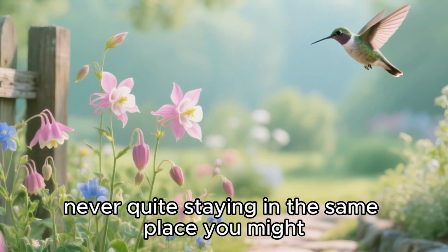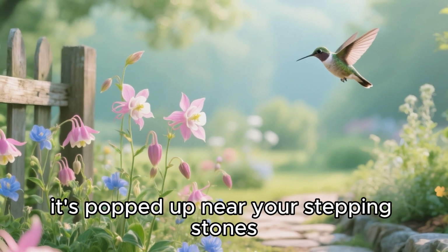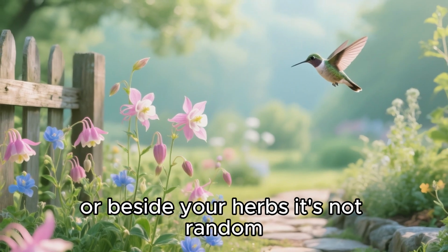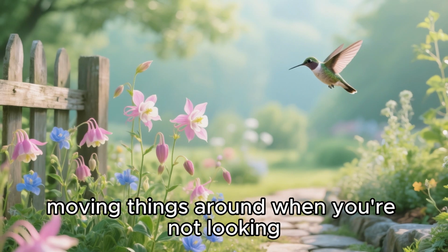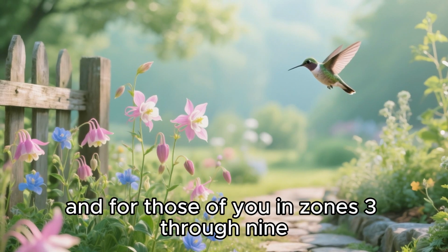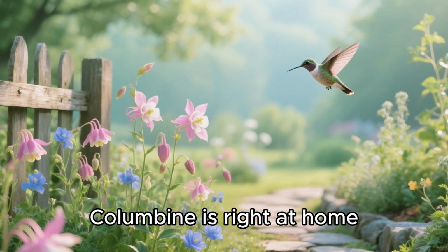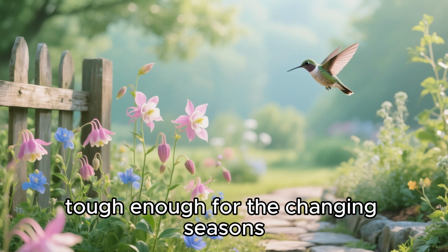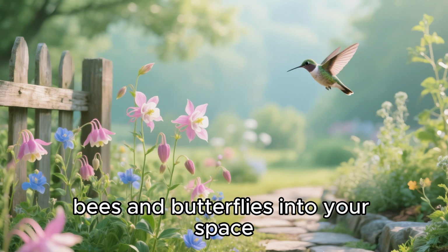the same place. You might plant it by the back fence, but next season, it's popped up near your stepping stones or beside your herbs. It's not random, it's poetic. It's as if the garden is speaking back to you, moving things around when you're not looking. And for those of you in zones 3 through 9, Columbine is right at home. It's incredibly adaptable, tough enough for the changing seasons, yet soft enough to invite hummingbirds, bees, and butterflies into your